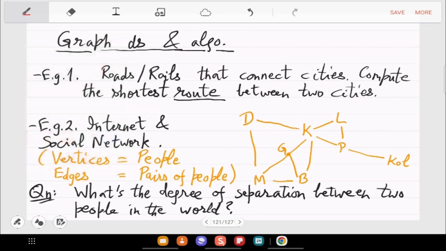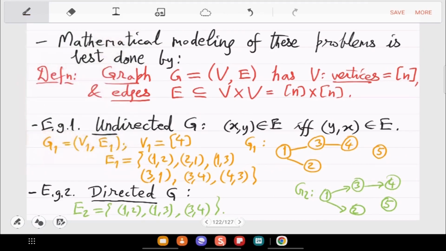Then we had walk, which is just a sequence of edges incident on each other, right? So it is physically a walk. Go from V0 to V1 to V2 dot dot Vk. And a walk is a path if vertices don't repeat. And a cycle is if your source and destination are the same, and no other vertex is repeated.